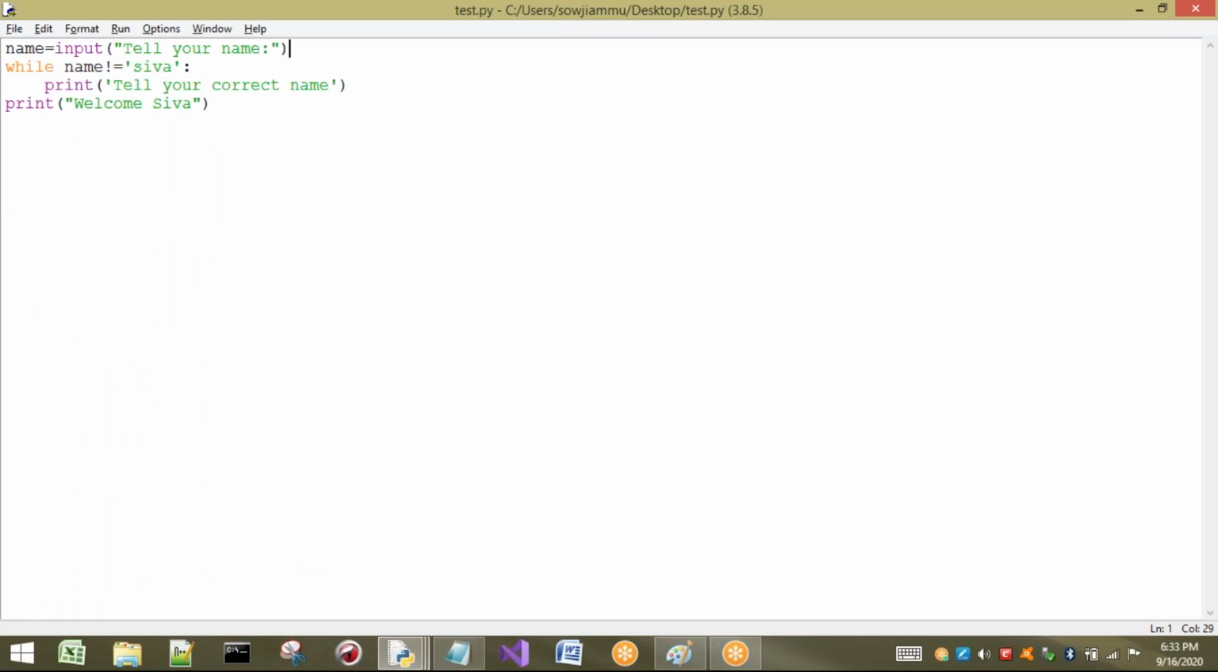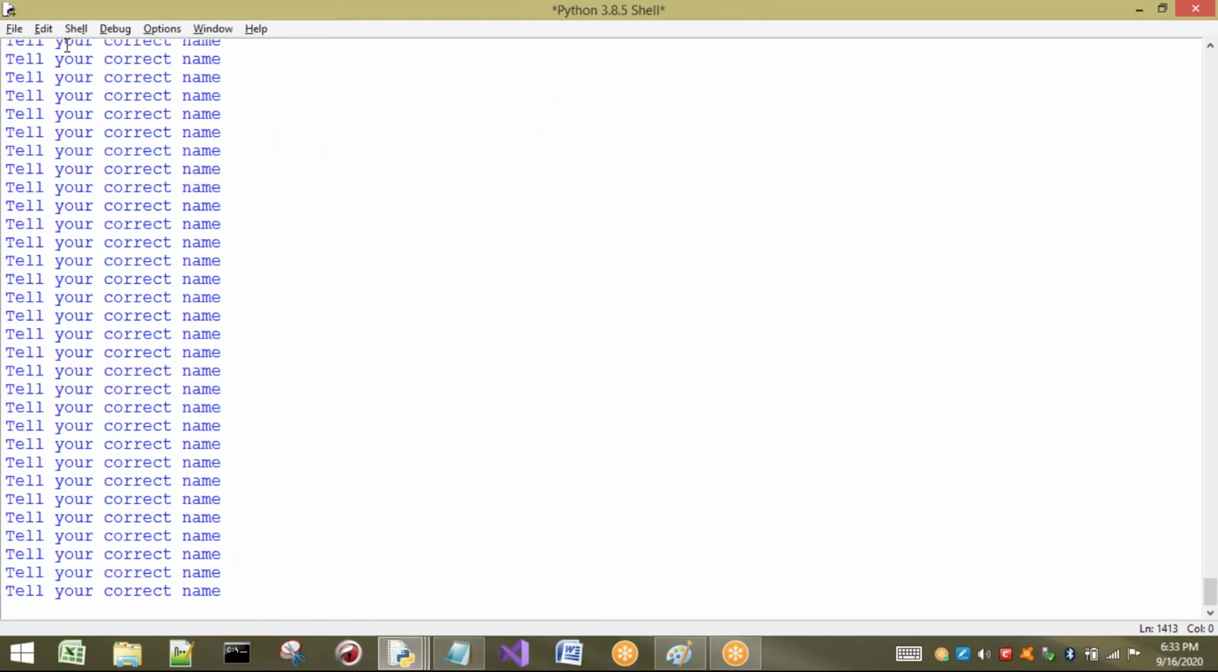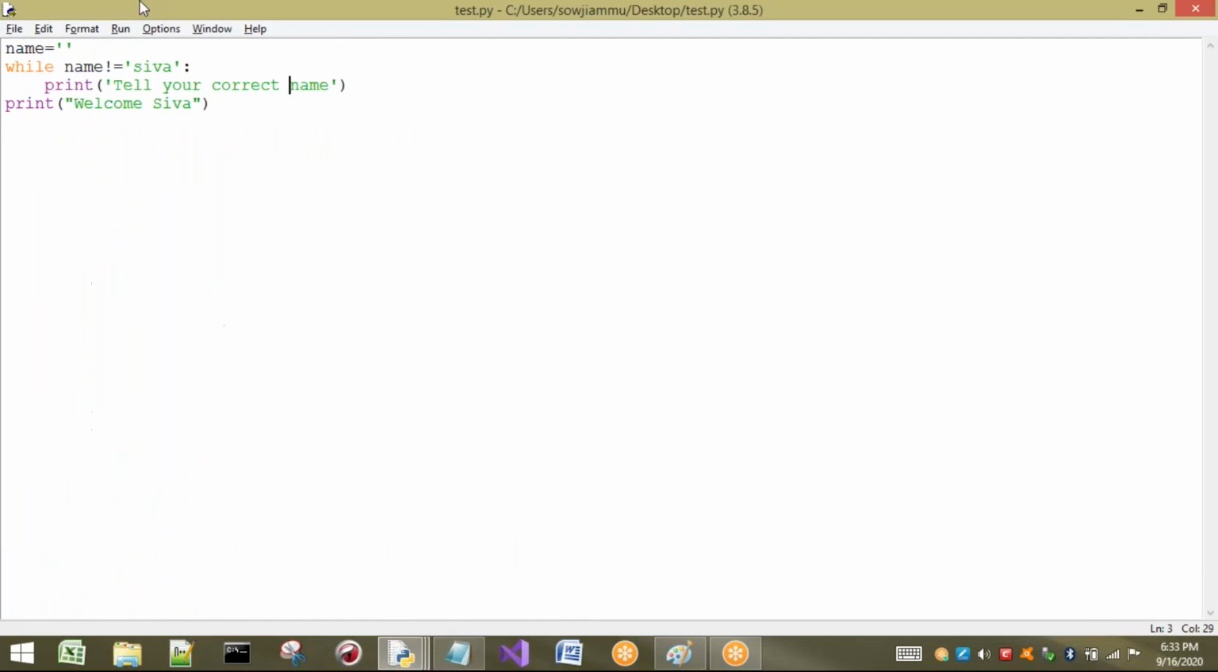What it has to tell? Just it has to check whether my name is Shiva or not. So first I have to take what? Name as empty. 1 minute. First I will take empty here. So I will ask, tell your name. Okay, tell your correct name. So it asks me, oh sorry, 1 minute. While name not equal to Shiva. Yes, okay. It is going to ask me what? Tell your name. Then